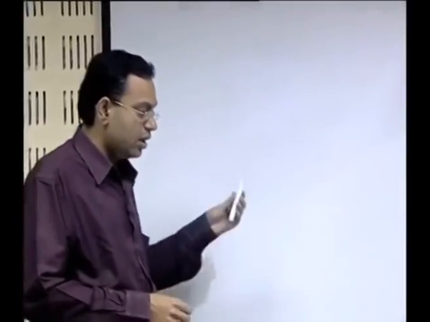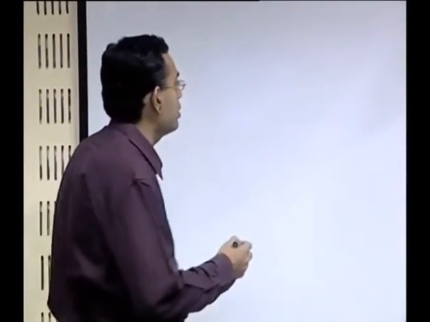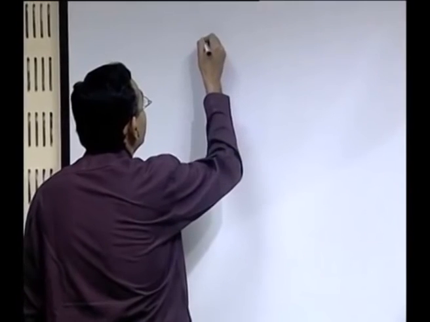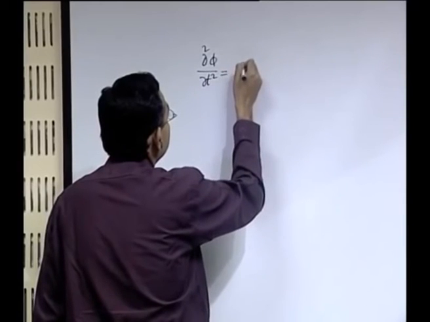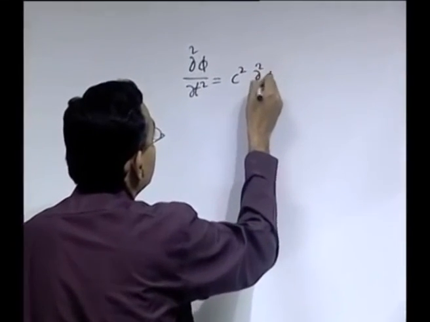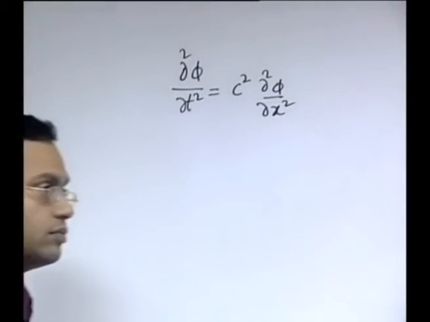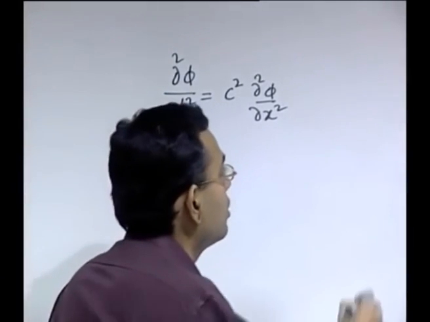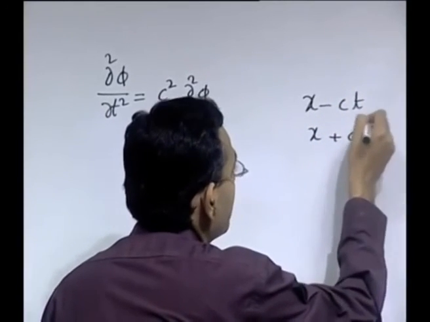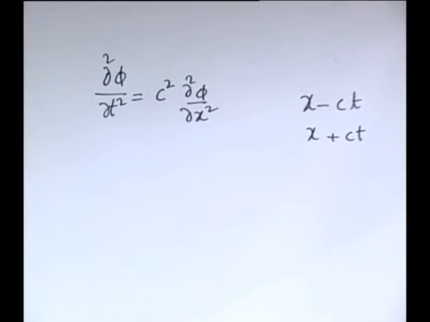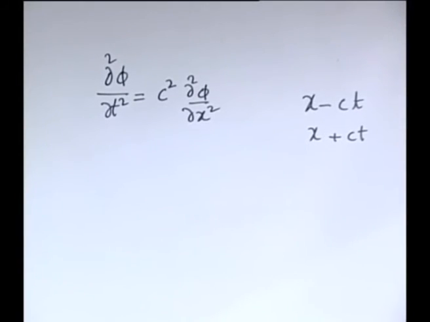The features of different types of partial differential equations, and the most recent example that we considered is the example of a hyperbolic equation. Let us continue with that. So, we could find out that x minus ct and x plus ct may turn out to be the two characteristic variables corresponding to this partial differential equation.